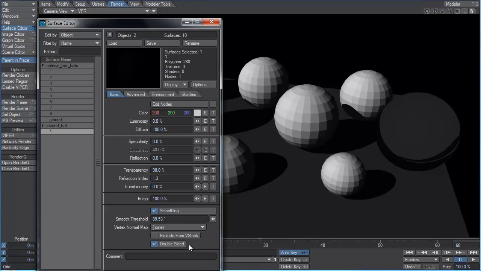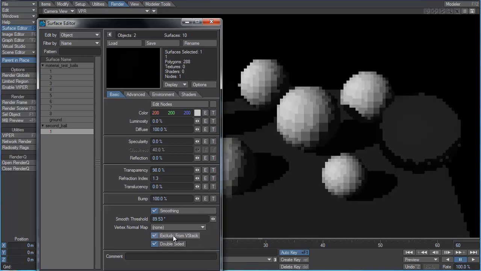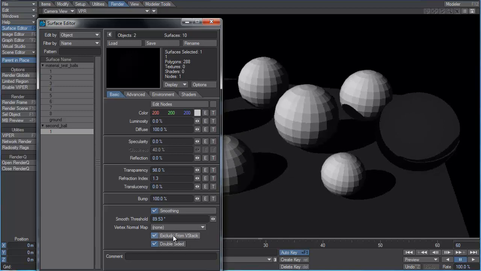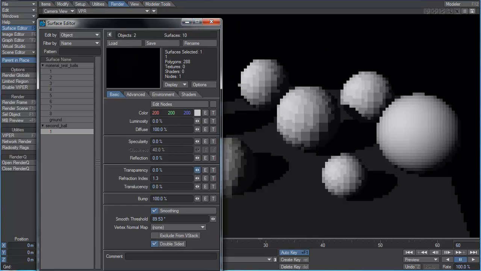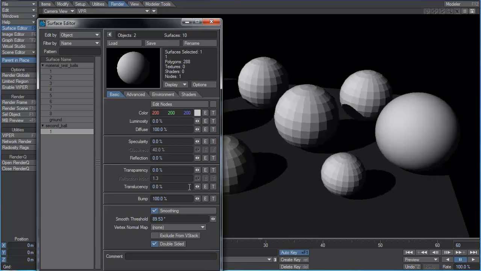Now there are some cases in which you might wish to turn that off, so that that's not happening. And if you want to turn that off, that's how you do it: Exclude from VStack. And as I just said, double-sided simply makes a polygon double-sided. So let's turn this down, and I'll show you what I mean. I'm actually going to turn off the smoothing on this object, and I'm going to go back into the modeler,